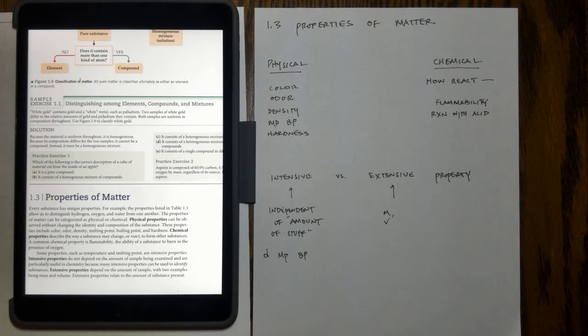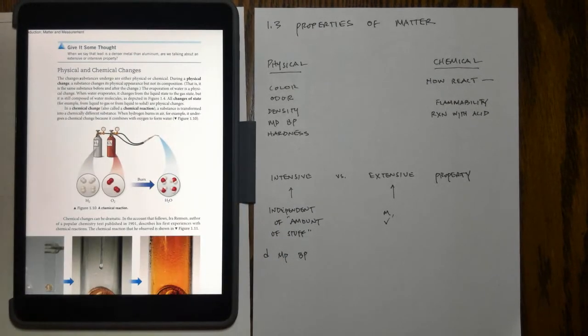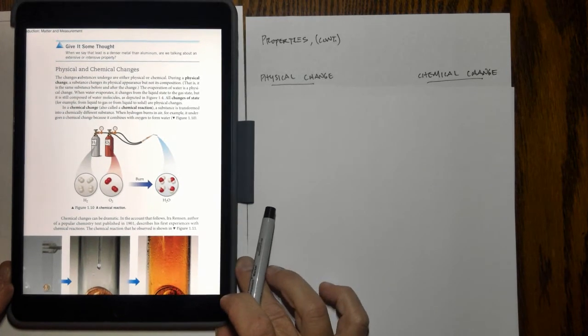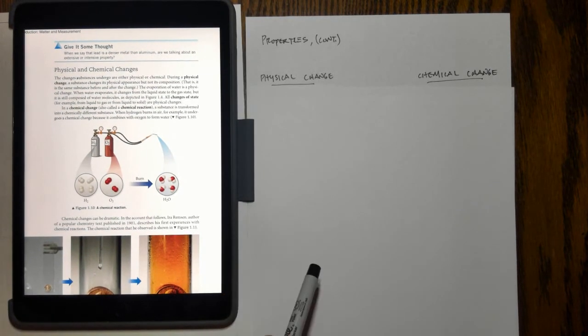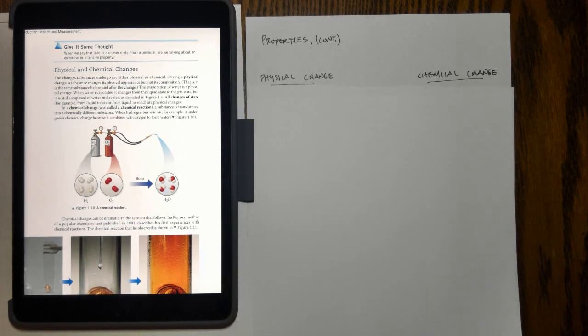Now, properties lead us into how substances change, and so the other property piece that we need to understand and know is how substances can change physically or they can change chemically. And so we have to look at physical and chemical changes. Physical changes never change the actual atom makeup of the substance, whereas chemical changes rearrange the atoms and make a